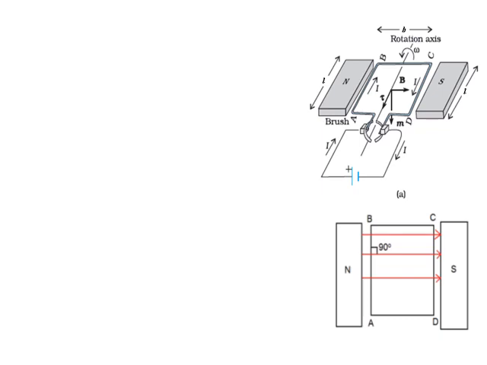So if you look at the diagram at the bottom, you can see that magnetic field lines make 90 degrees with the side AB and also with the side CD. Therefore, using the formula for force, which is BIL sine theta, we can find out what is the force acting on AB and what is the force acting on CD. So here the arms AB and CD will experience a force. That force is given by Fleming's left hand rule, which is BIL sine theta,